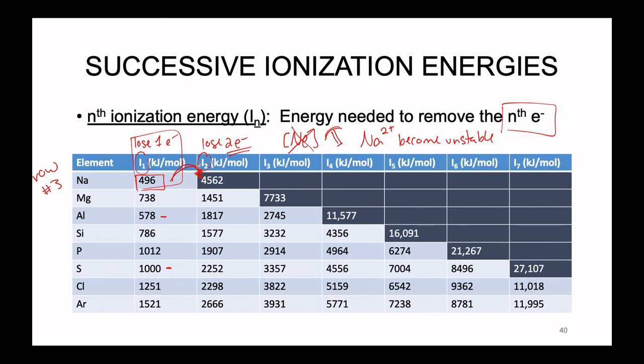So this is why we see this huge uptick in the amount of necessary energy in order to lose 2 electrons for sodium. And each of the huge upticks I have marked here in the dark